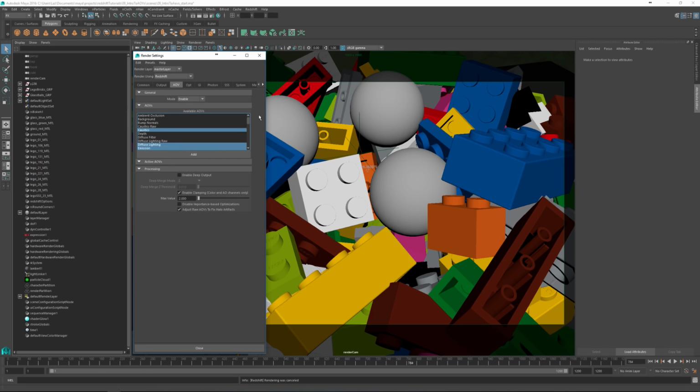Okay, so once we're in Maya, if you go to the AOV tab, you'll notice that at the top we'll have a mode to either enable or disable all the AOVs. This is extremely useful if you have different render layers, and on some of them you might not want to render any AOVs at all. You can just do a global override and disable it instead of doing an override one by one to stop